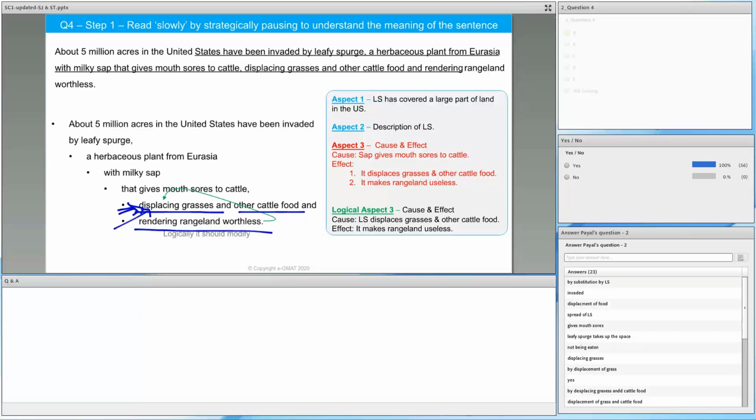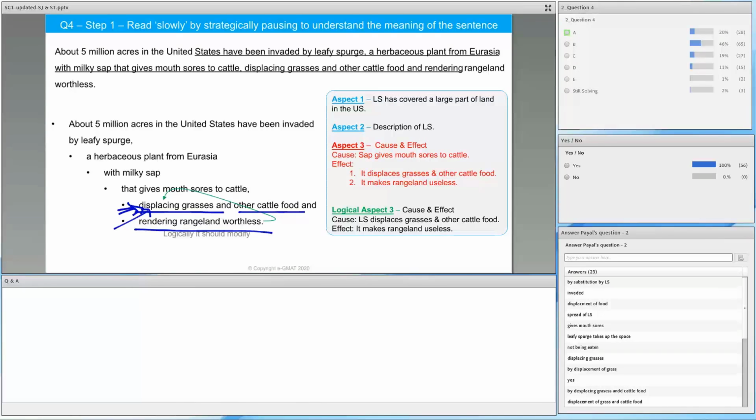It uses all the modifiers correctly. It uses everything that it requires. However, the sentence is incorrect because, again, logic is not there. And keep in mind, dear students, difficult questions play on logic. They don't play on grammar. The more difficult sentences that you get, you will see that they play more and more on this logical aspect and not so much on the grammatical aspect. Because if you know your grammar well, you will still be able to figure out the grammatical errors. But if you're only focusing on grammar and not on the meaning, probably you would